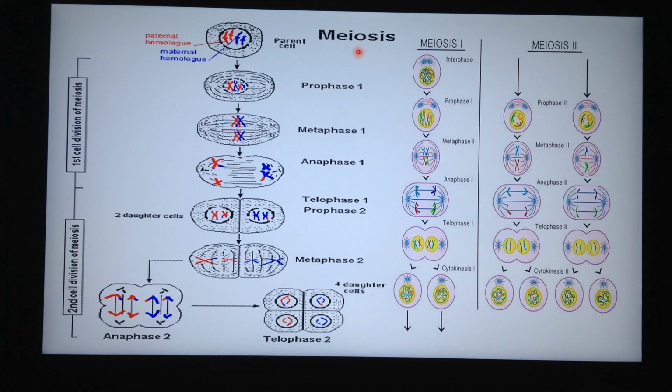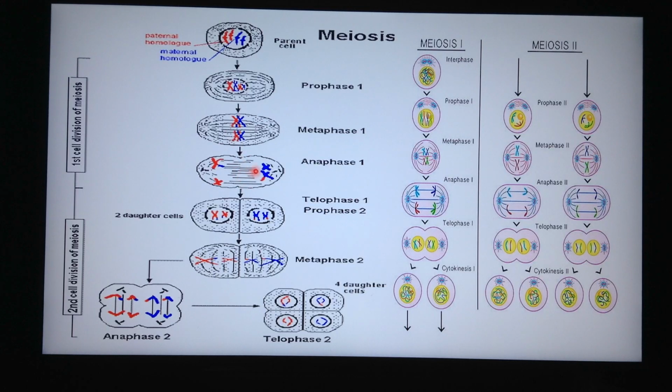Meiosis, all of us know, occurs during gametogenesis in the female and male reproductive organs. The process of meiosis has two steps: meiosis 1 and meiosis 2. As we can see here, these are the chromosomes, and during prophase 1 of meiosis, the chromosome forms sister chromatids, and there is a process called crossing over, where exchange of genetic segments occurs. Then in metaphase 1, the chromosomes are aligned at the metaphase plate. Then in anaphase 1 and telophase 1, the homologous chromosomes get separated.